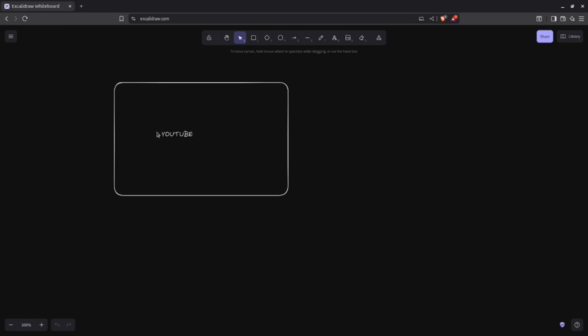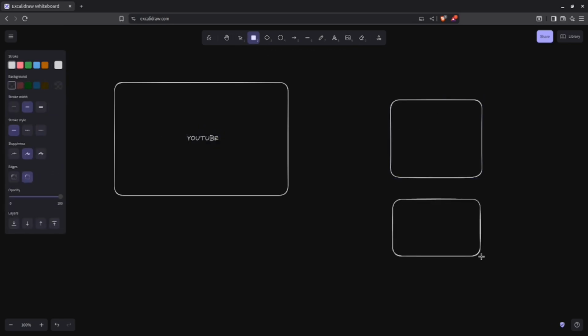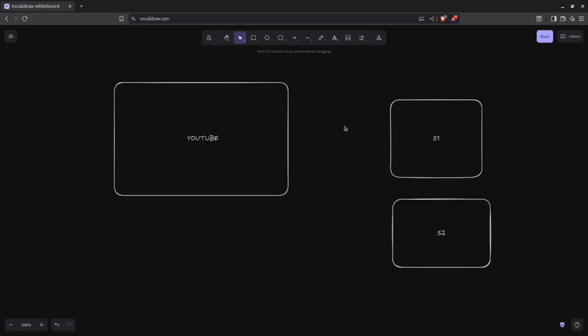So once you have an object called YouTube, there can be several other objects, like let's say you have subscribers for a YouTube channel. So this can be subscriber 1, subscriber 2. Now what observer pattern says is that when the state of YouTube changes, then it should automatically notify subscriber 1